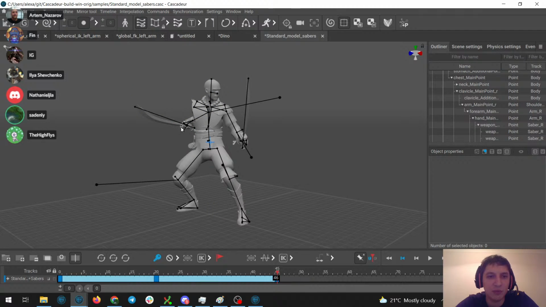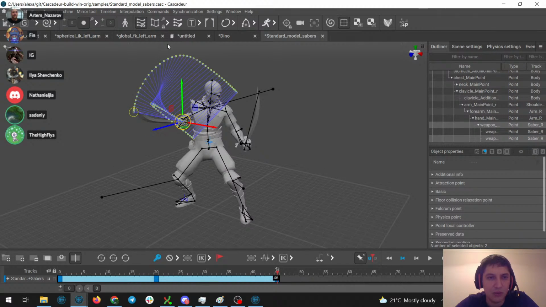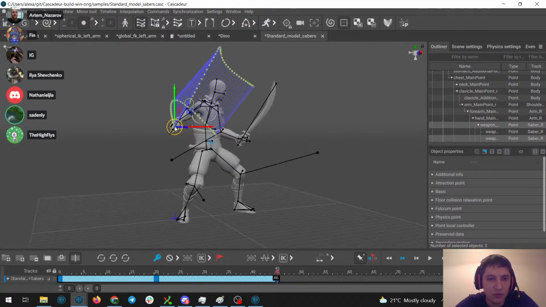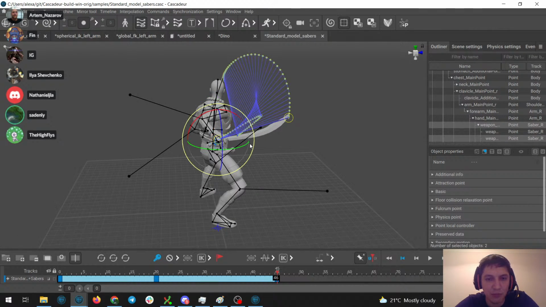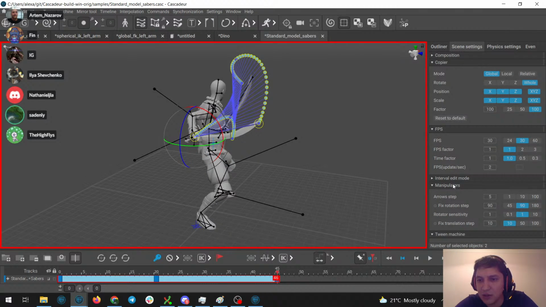For example, let me disable this and select this once. Yeah. If you have, for example, a fixed interpolation or just a bunch of keyframes right here, to edit several poses you can go to interval edit mode and set it to neighbors.